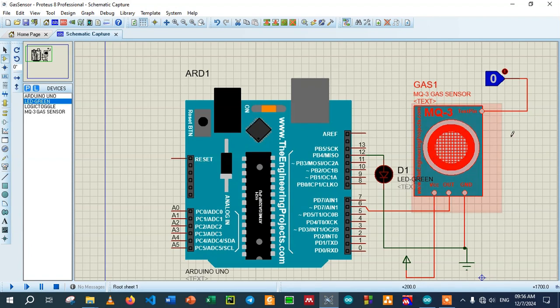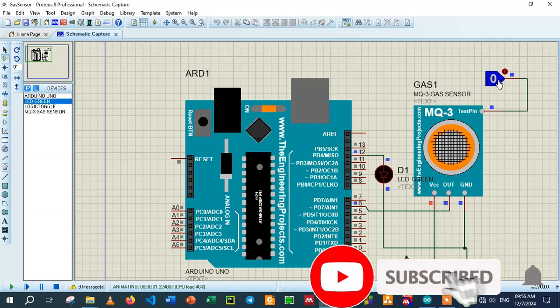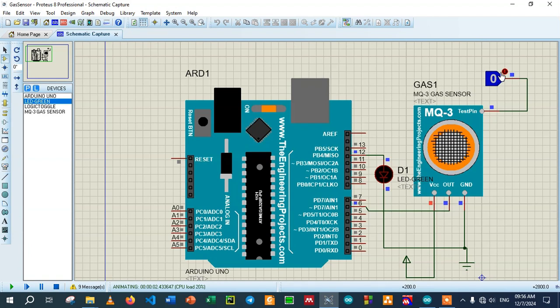Now I have finished. So let me start checking. Now this is running. So when I press this toggle, the LED should light on. So let me press it. You see? Now the gas sensor considers the gas is present. While I leave the toggle, the LED is off because the gas sensor considers there is no gas when this toggle is zero.